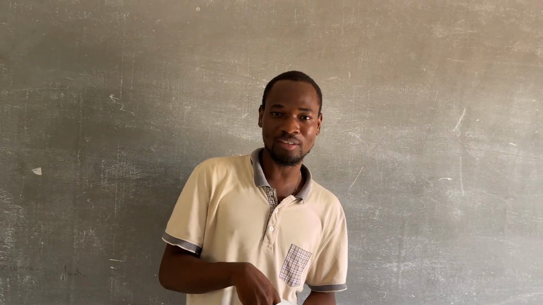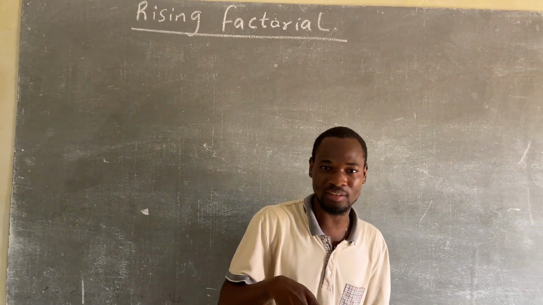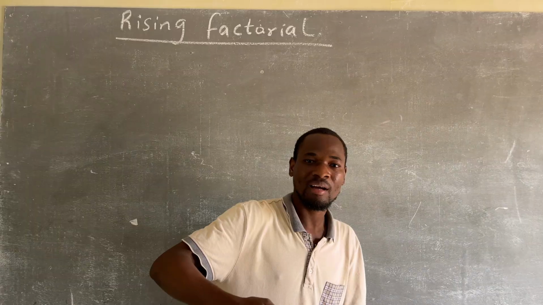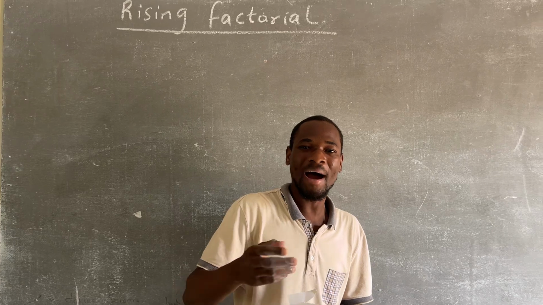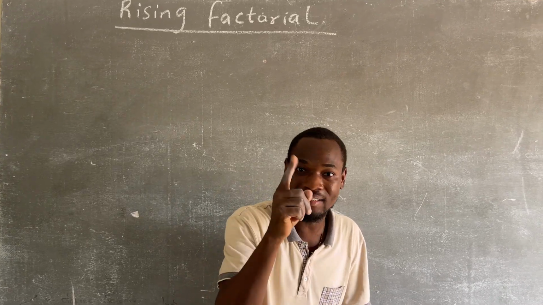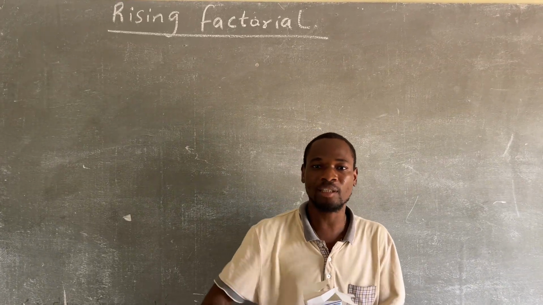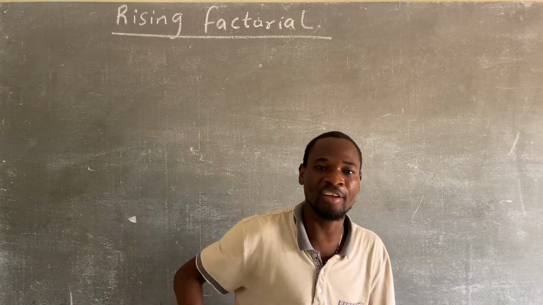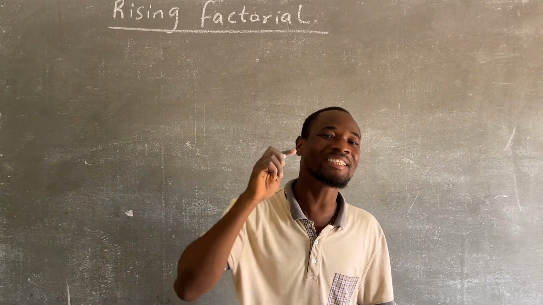Today, we are going to talk about rising factorial. Now, rising factorial. Rising because when doing the multiplication, the numbers keep ascending. In other words, the numbers keep increasing by a magnitude of 1. So if I have a number, say 9, as I keep multiplying it, 9 increases by 1. So my next number becomes 10, 11, 12 in that progressive manner. So rising factorial is denoted by